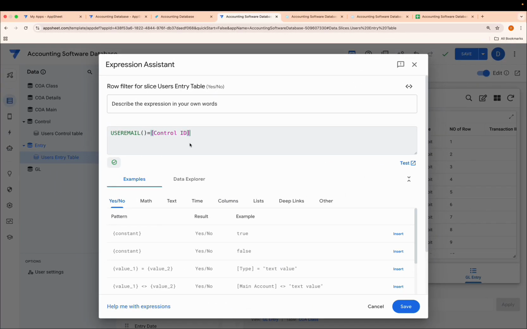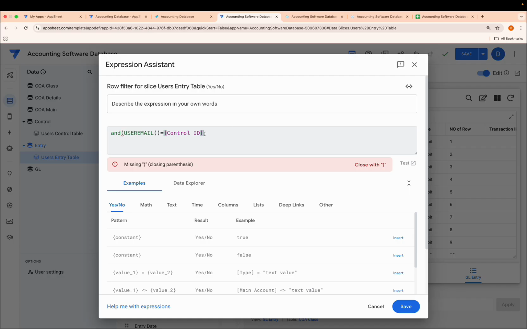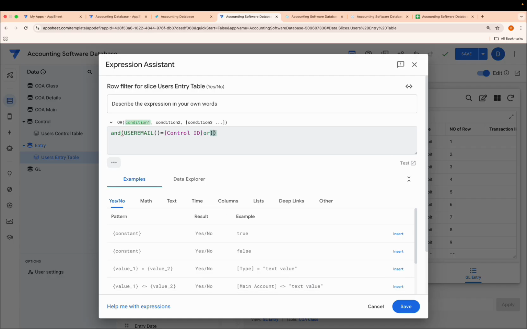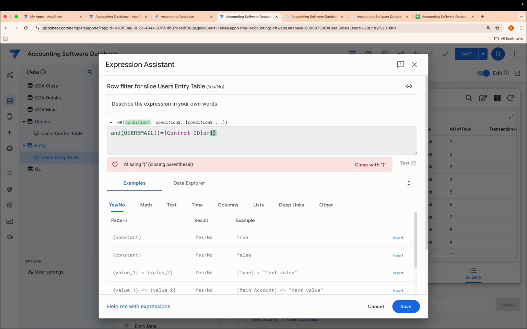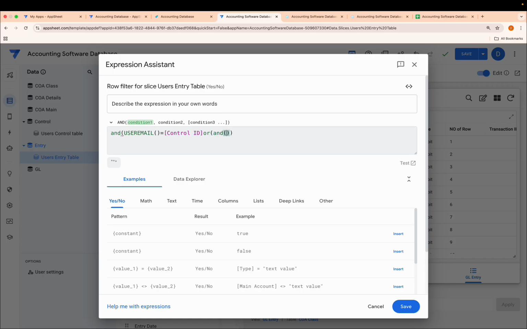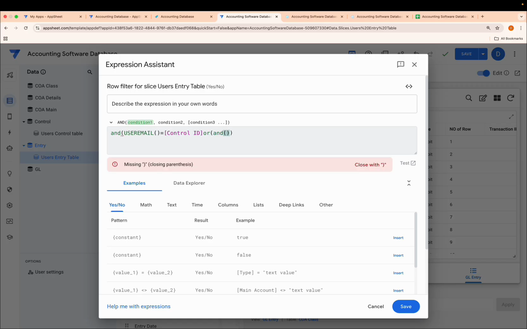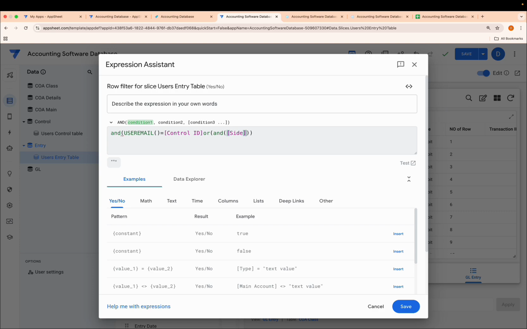Okay, so the formula we're going to use is quite an interesting one. We have an AND formula over here. Good. And then we're going to have an OR formula here. Because we have conditions for debit and conditions for credit. So if you are debit, you use the debit, or you are credit, you use the credit. So the OR plays our role. Then we say AND again. Good. And then the conditions for just being debit. One, the side has to be equal to debit. Right? That's the first condition in the AND.